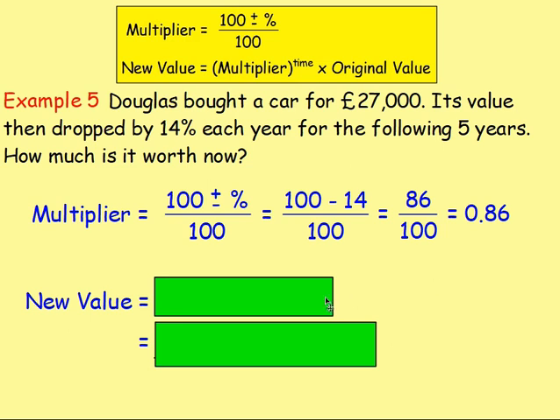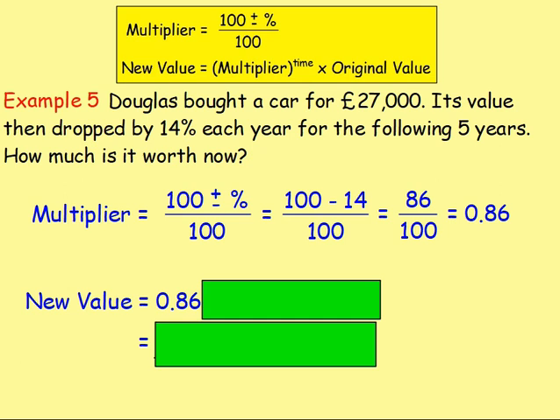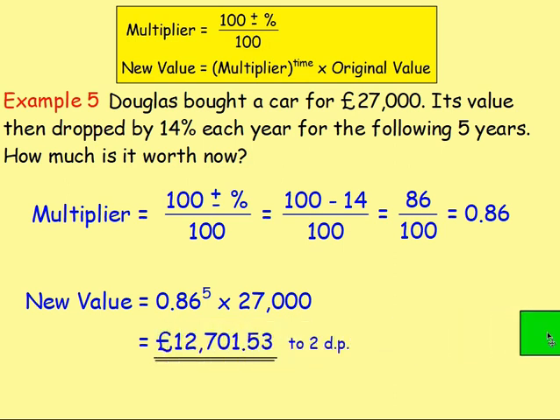For the new value then, we've got our multiplier, that is the 0.86, but because it is going down by 14% each year for 5 years, the multiplier goes to the power of 5. After that, we multiply by the original value of the car, and the car was bought for that 27,000. So it's 0.86 to the power of 5 multiplied by 27,000. Key that into the calculator,